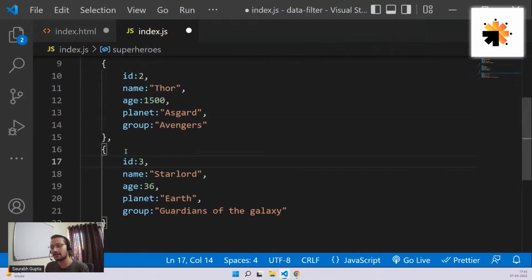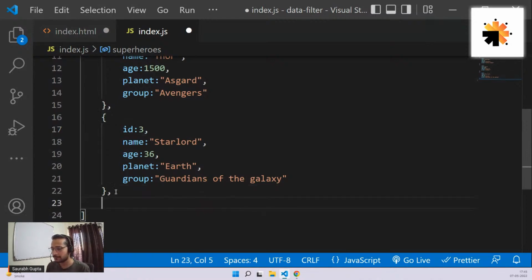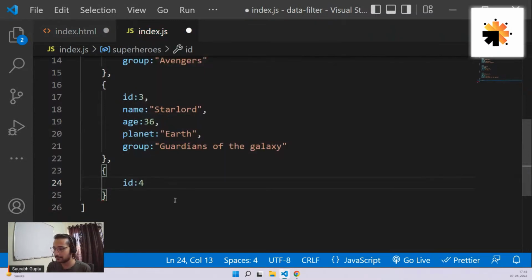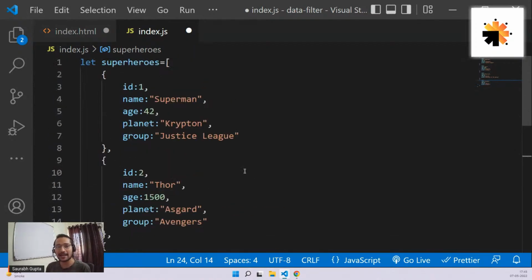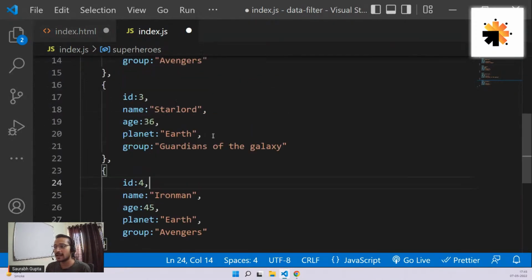So we are just preparing a cool data. That's all. Let's take one more quickly. 4 is enough for now. So ID 4, name, let's pick Iron Man, age maybe 45, something like that, planet Earth, and then he also belongs to the group of Avengers. And that's it. So now we have a simple array of around 4 superheroes, and every superhero is nothing